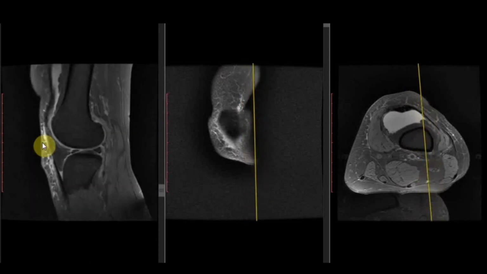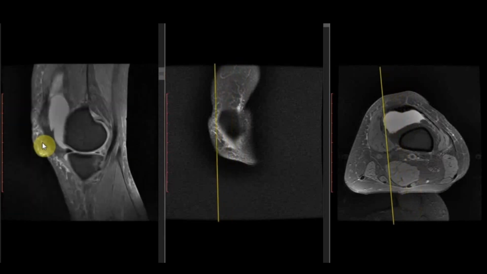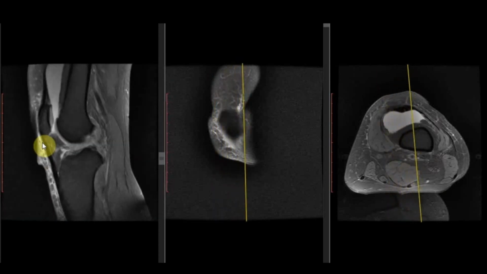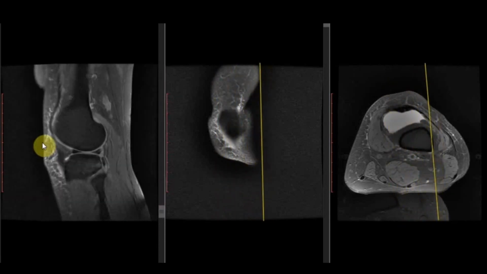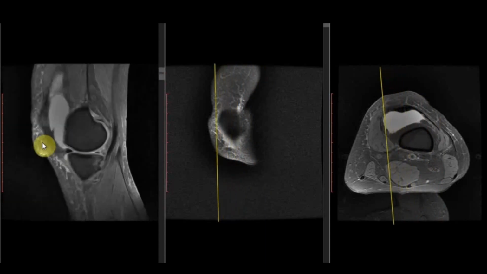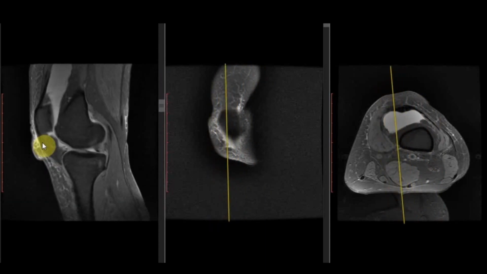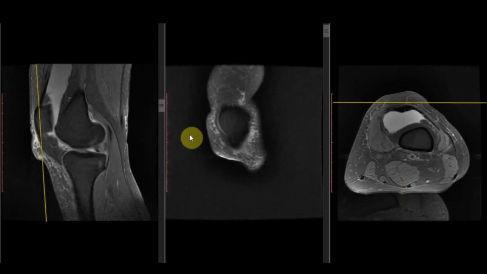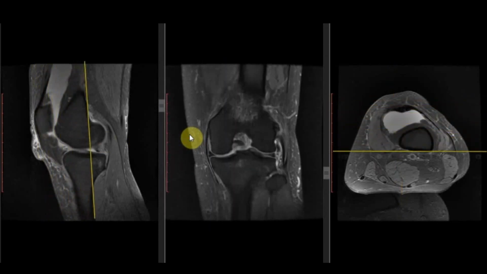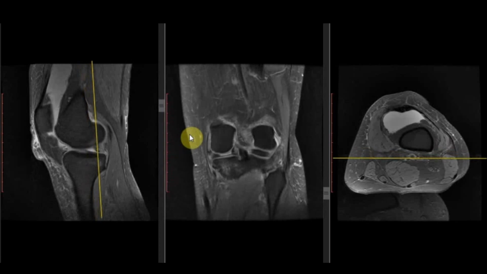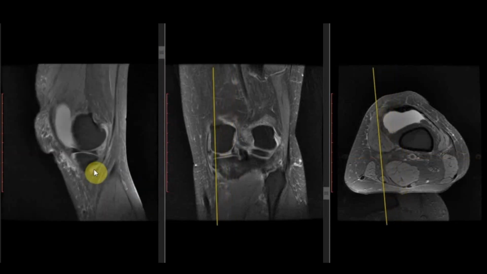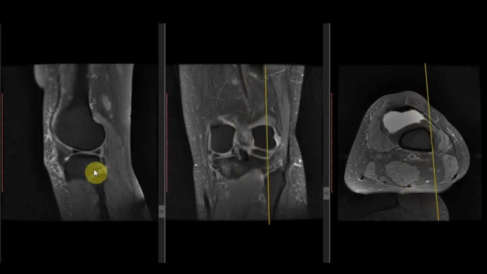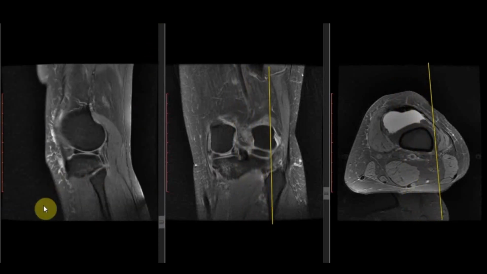So we follow our protocol of reading the MRI knee. First we will see the skeletal structures. The patella is normal. Lower end of femur is also normal. There is some amount of marrow edema seen in the medial femoral condyle, and there is marrow edema in the posteromedial tibial plateau, and there is marrow edema in the posterolateral tibial plateau.